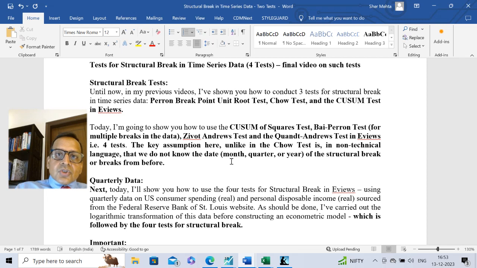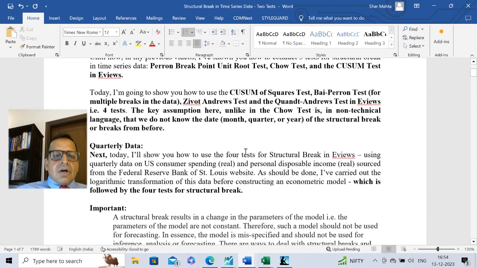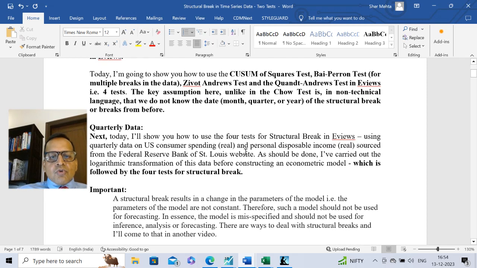These tests will show us when these breaks occurred. Whereas in the Chow test, we already knew from beforehand that there is a structural break in this particular year, month, etc. So, having said this, now I'm going to show you how to use 4 tests for this purpose